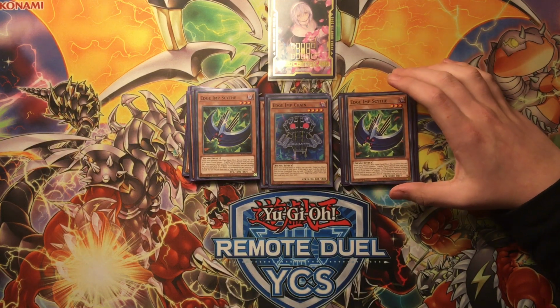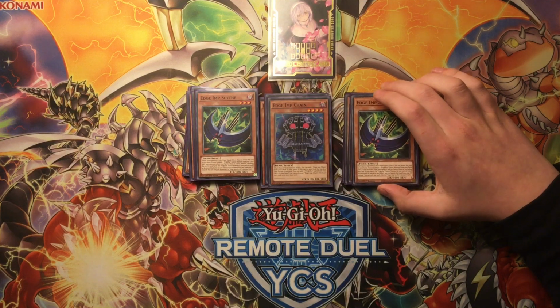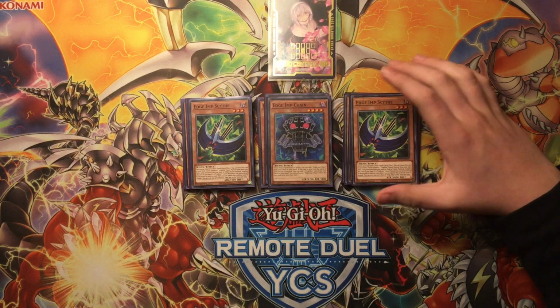At the locals recently, when I was playing against Tri Brigade, they normal summoned Rescue Cat. I activated Edge Imp Scythe, fusion summoned Crew Whale, popped the cat, and then I just OTK'd because they had no other follow-up. Its effect is during the opponent's main phase, you get to fusion summon using cards from your